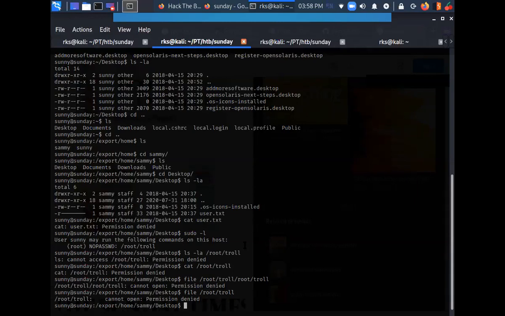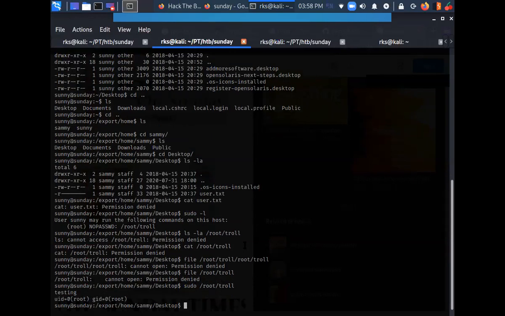Okay, let's try to run this file with sudo. I do not know anything about this file. The only thing I know is I can run it. It is present under /root/troll, and it shows me the output as testing UID 0 root GID 0 root.